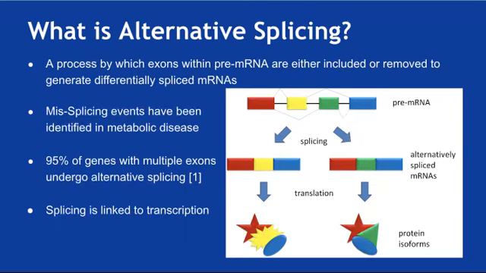So in the liver, alternative splicing is very key to regulating the expression of HNF4 alpha, as well as other lipid and glucose metabolism genes, as I mentioned before. And previous studies have shown that any changes in the splicing patterns of HNF4 alpha can lead to dysregulation in the way that lipid metabolism genes are expressed, as well as contribute to metabolic diseases. And so it does suggest that there's a role for splicing of HNF4 alpha in how it regulates the liver specific genes in these disease pathways.